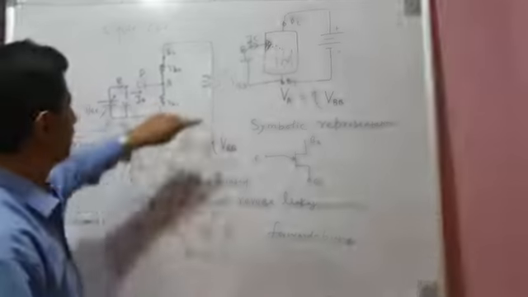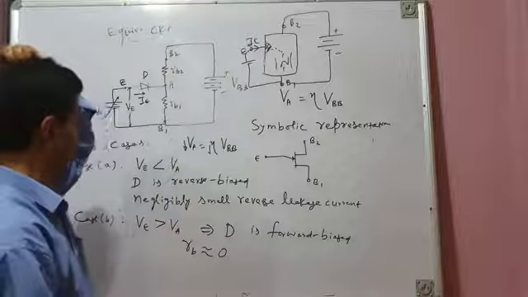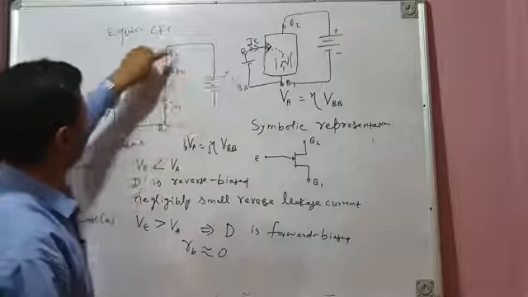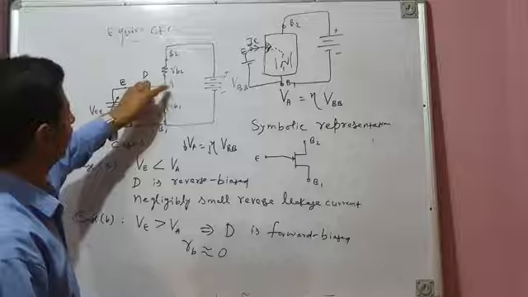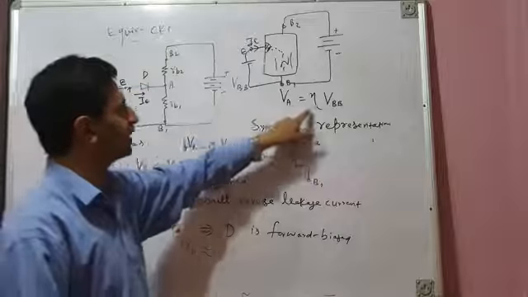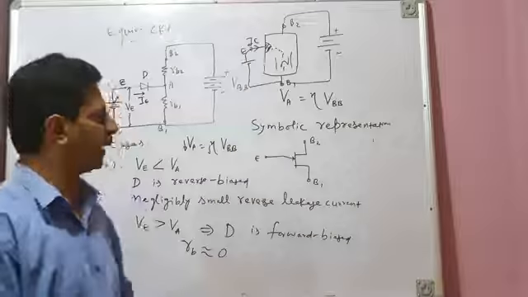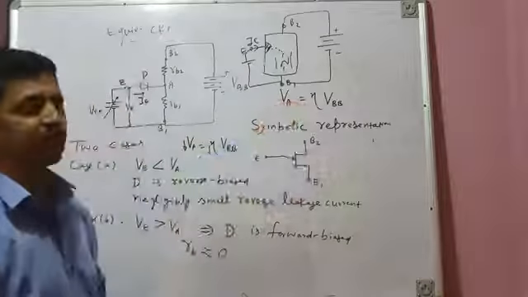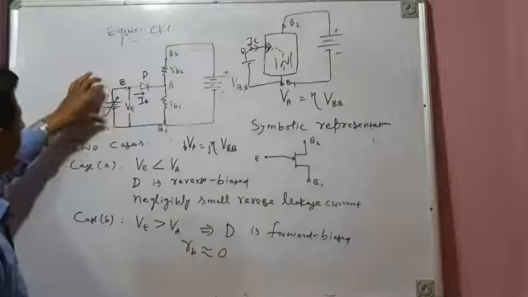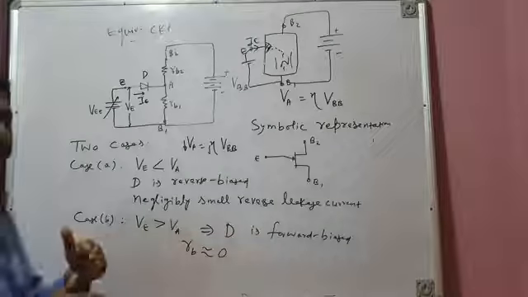So I repeat, initially we connect a DC voltage source, interbase voltage source, VBB between B2 and B1. That causes flow of current, and because of that current, there is a voltage drop across this RB1, that is called VA, and that is given by intrinsic standoff ratio multiplied by VBB. And this intrinsic standoff ratio is RB1 divided by RB1 plus RB2. Then we connect another variable voltage source between emitter and base B1, and two cases have been considered.